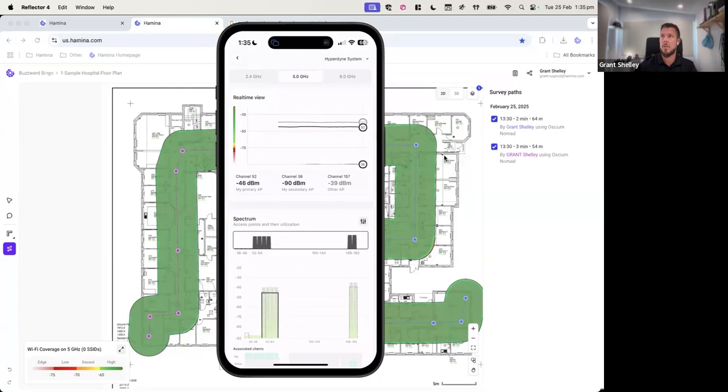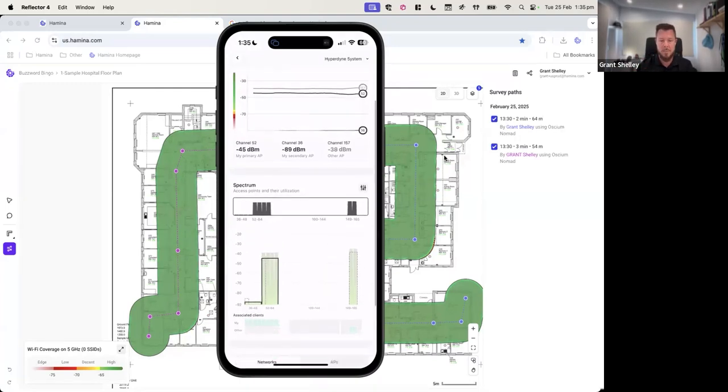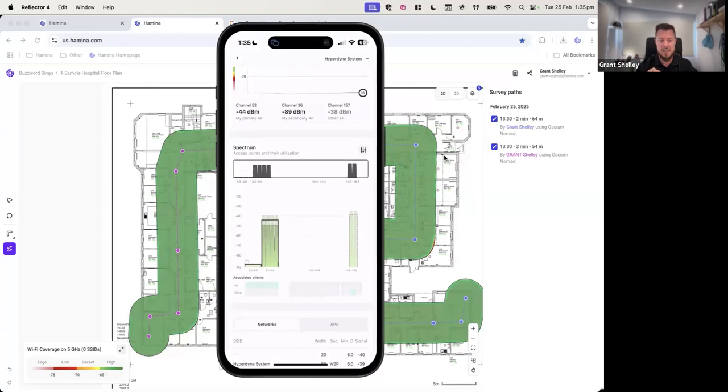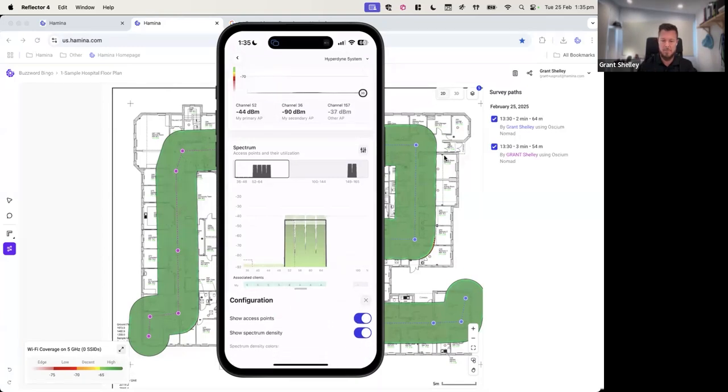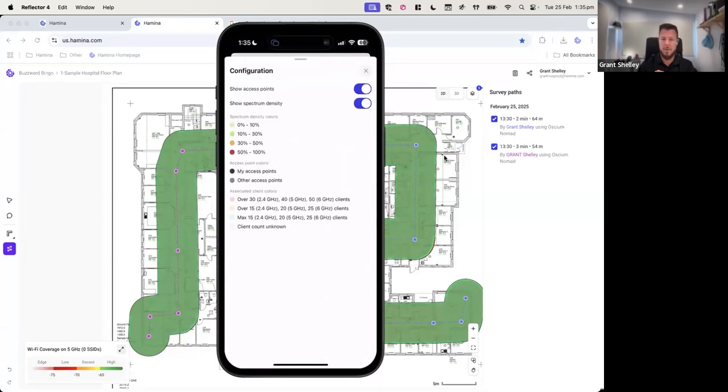But if you've just got the Nomad without a SpecAn, you will get a little bit of detail regardless. You can see here as we zoom in, you get a little bit of a bar graph. It's going to look a little bit boring in my environment, but you will get things like the spectrum density and things like that as well. So, for instance, maybe if we do a